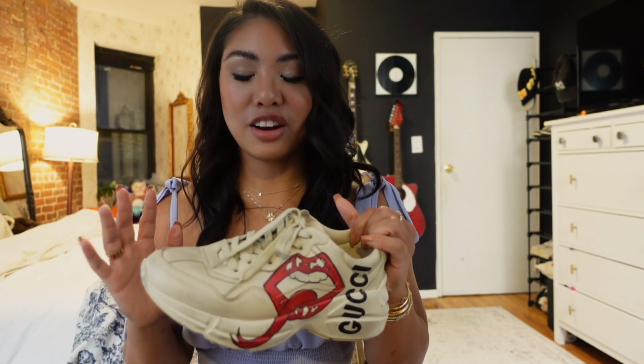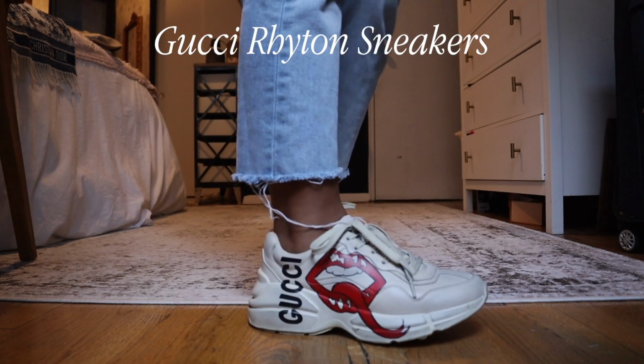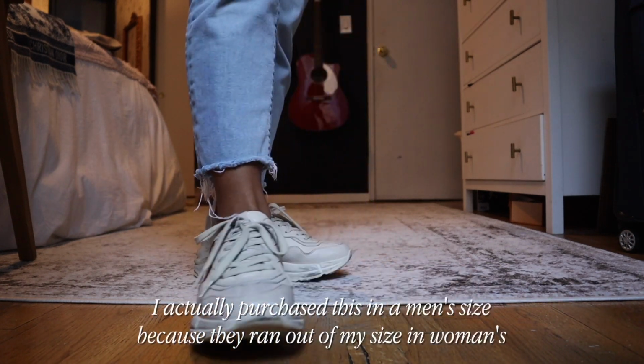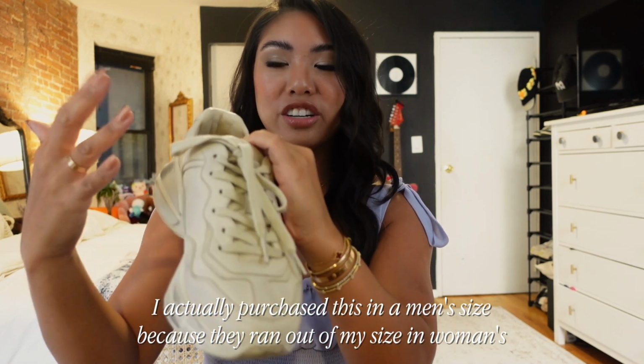These are my Gucci Ace sneakers. These come in so many different designs and colors, and I got this one, which is a pretty old design from them. These are pretty comfortable. They are a heavy shoe, but it's got a little bit of a bounce to it, and they have that kind of pre-messed up effect, like that dirty effect to them,